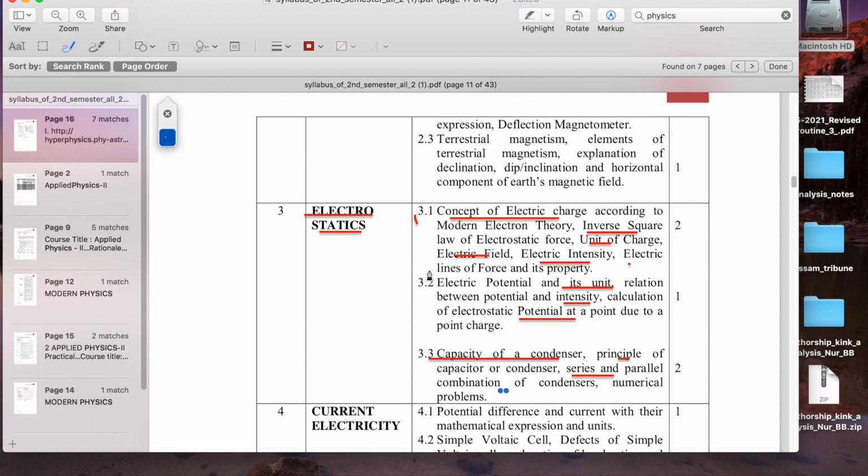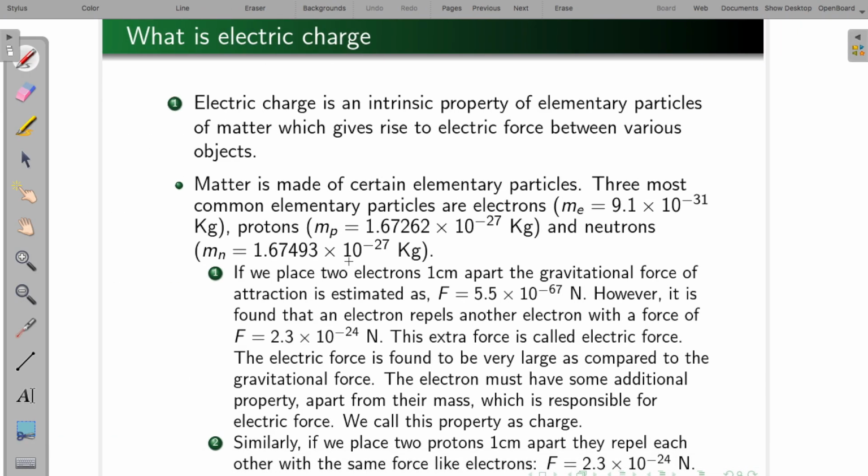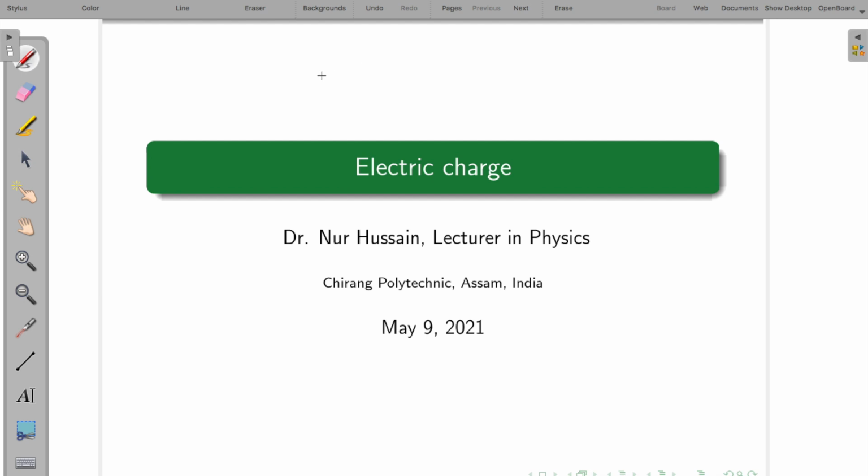So these are the topics that I will cover in this lecture series, and now let's begin the lecture. So we are going to start the topic electrostatics. Okay,